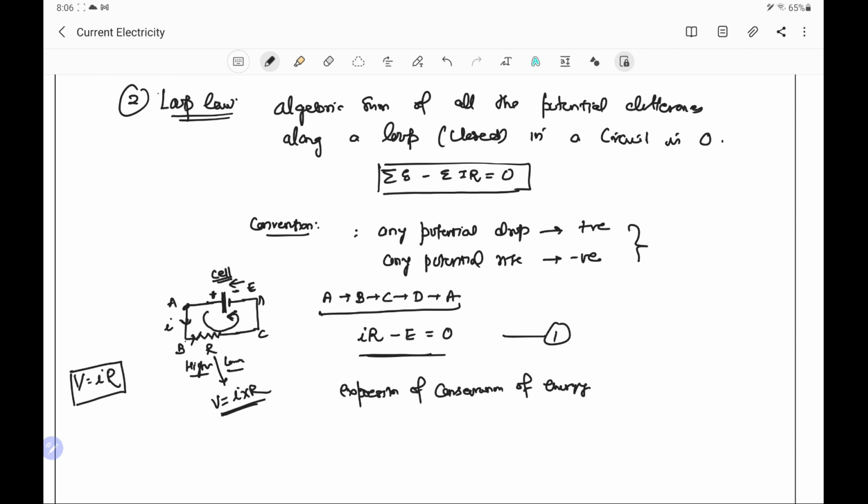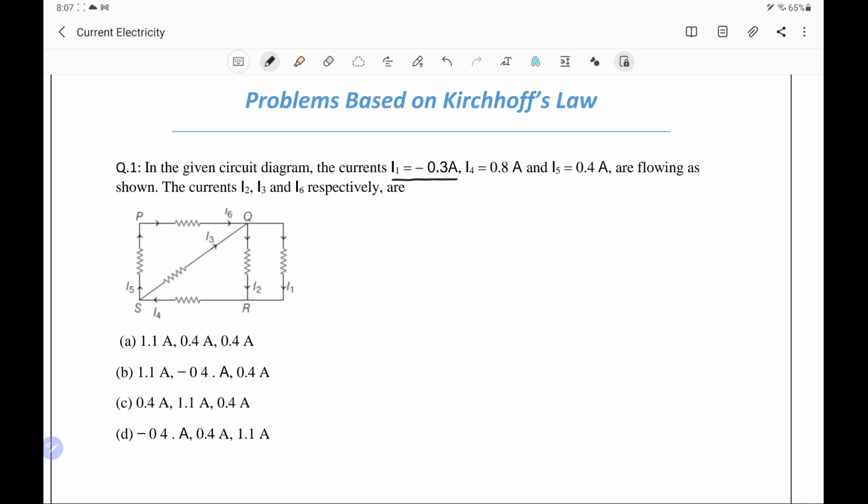Because electrostatic forces are conservative forces, which are path independent, the work done by a conservative force in any closed loop is 0. First problem is, in the given circuit, current I1 is minus 0.3 ampere, I4 is 0.8 ampere, and I5 is